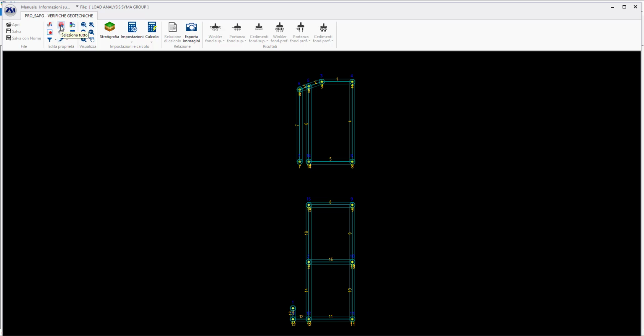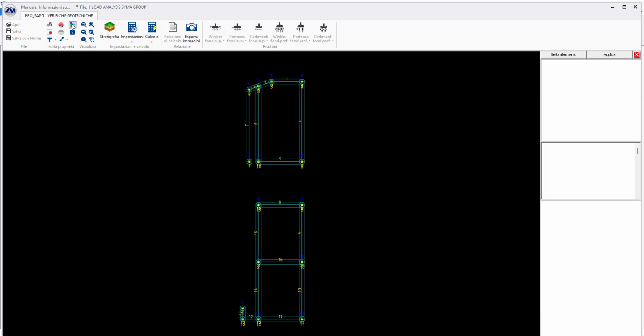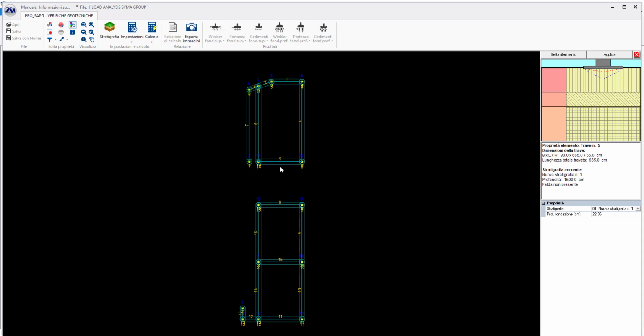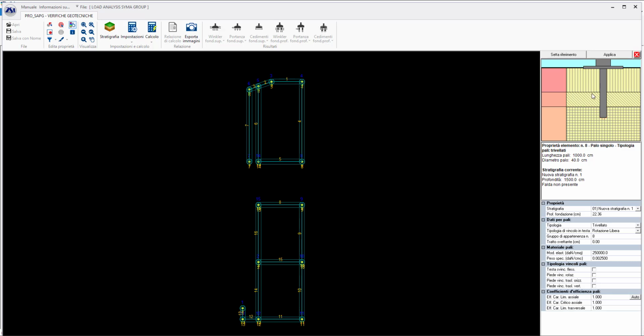Here we have almost the same commands as ProSap to select or to edit properties. If I click this, I can go on the property of the element. Here you can see how the foundation impacts on the underground soil. This works, of course, for superficial foundation and also for deep foundation, like that.